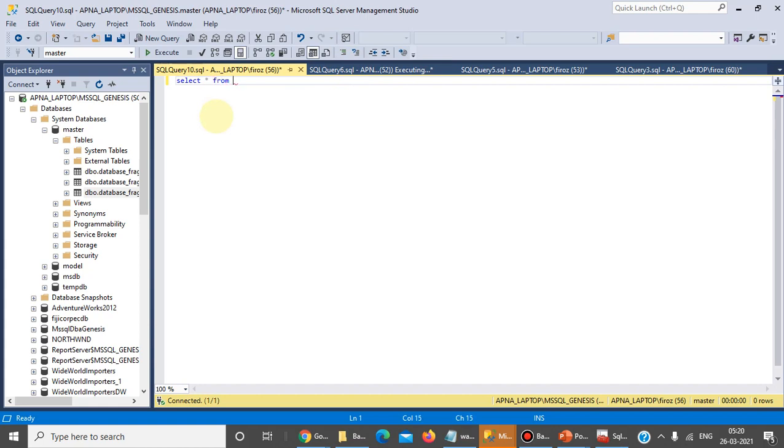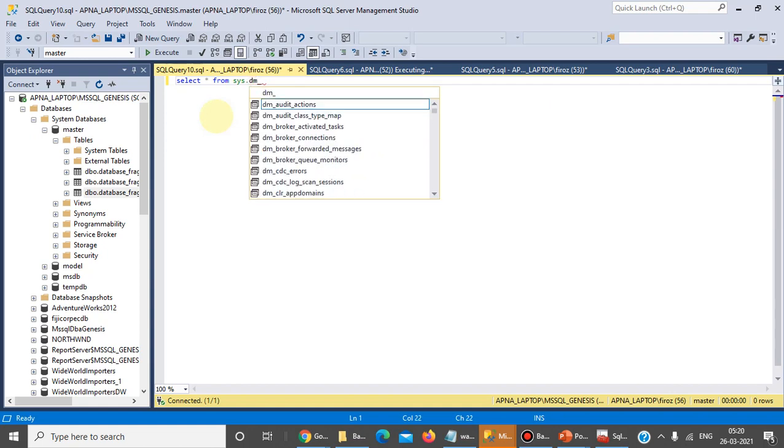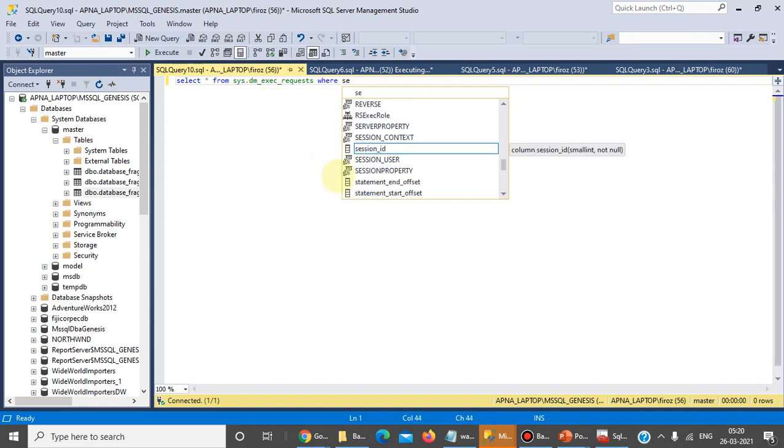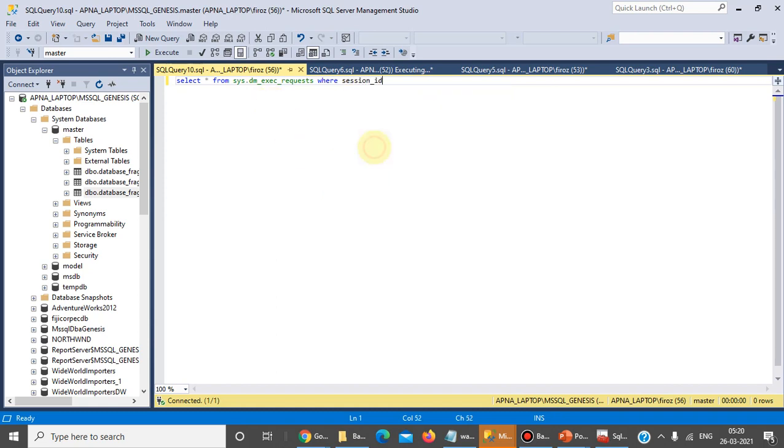Select star from sys.dm_exec_requests where session_id equal to 52.